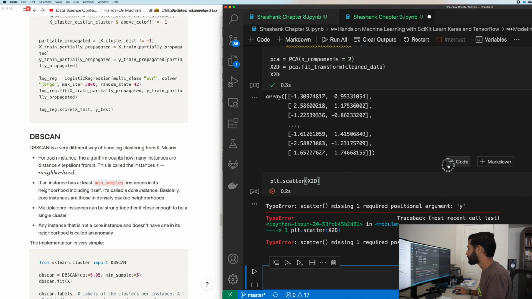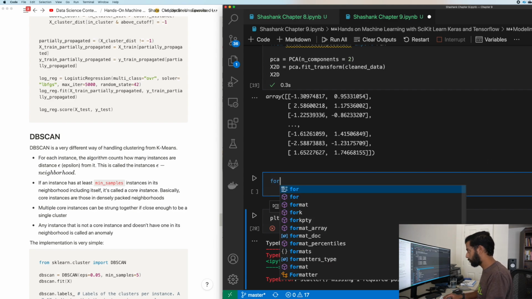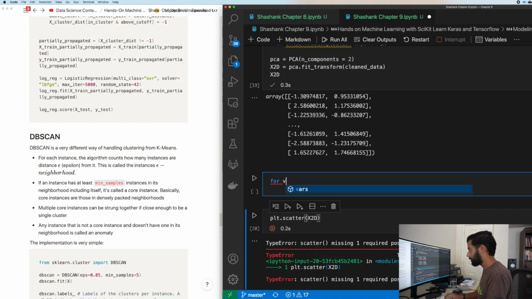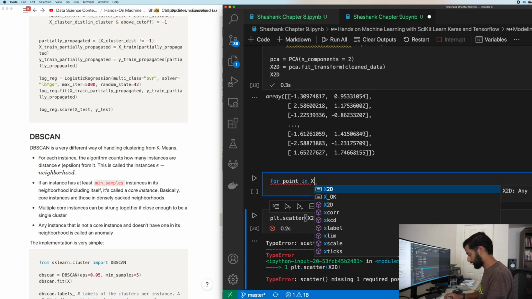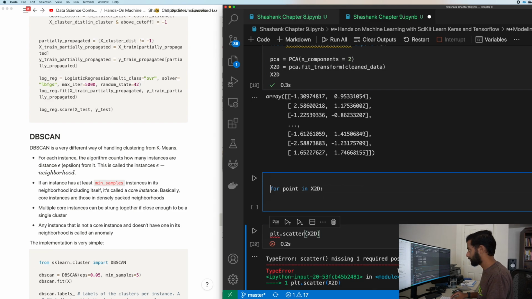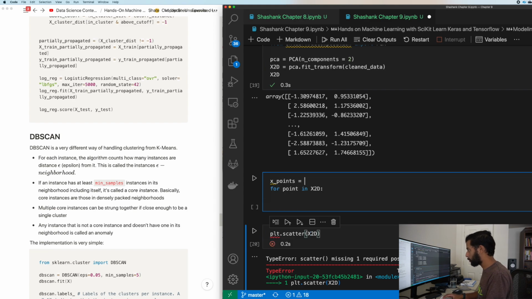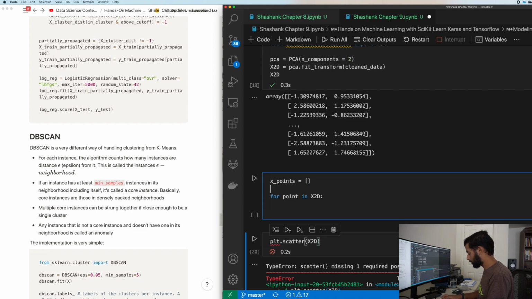Okay, so let's say for point in X2D, and we'll have something called X points, which is a list, and then we'll have something called Y points, which is another list.